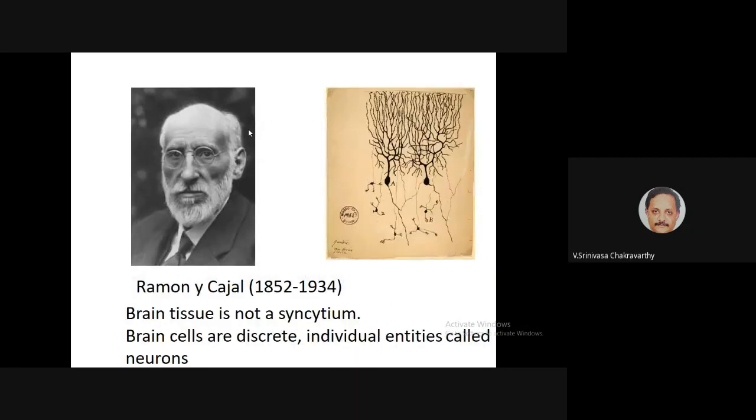But the thing is, although Ramon y Cajal concluded that neurons are distinct entities and there is a clear border separating one neuron from the other, in fact, that idea is called the neuron doctrine. Right? The thing is, he didn't have complete evidence to say that at that time, because unlike other cells,